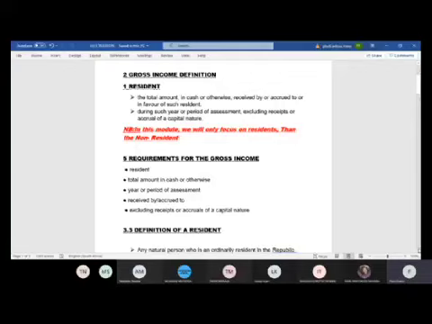Let's look at the requirements for the gross income. There must be a resident. This is the definition that I'm talking about, which might be in your exam. You have to identify that in terms of the number of days that person has been in the country. There should be an amount in cash or otherwise, and it has to be in the year or period of assessment, that's your 12-month period. It should be received, or it should be due or accrued to the taxpayer,